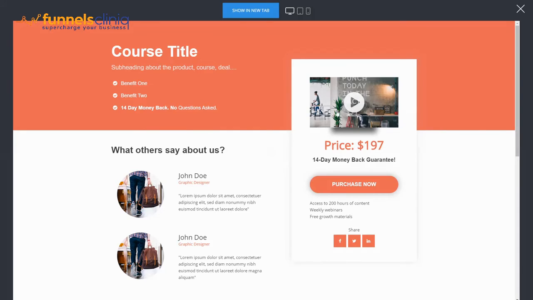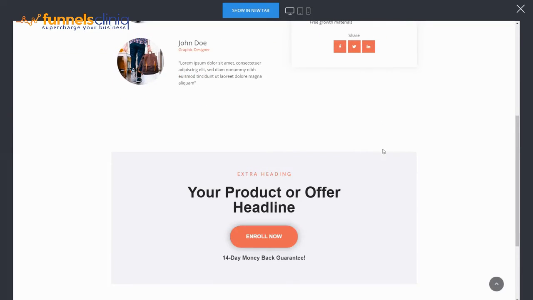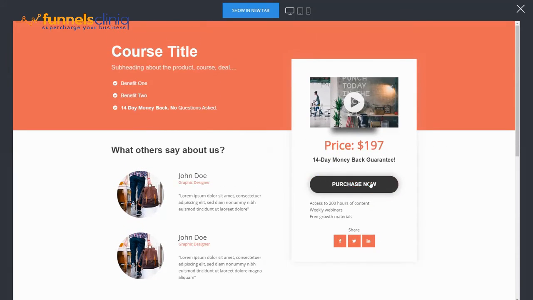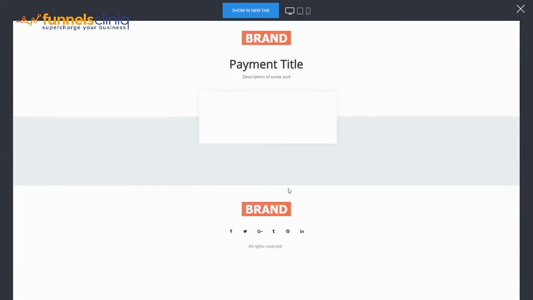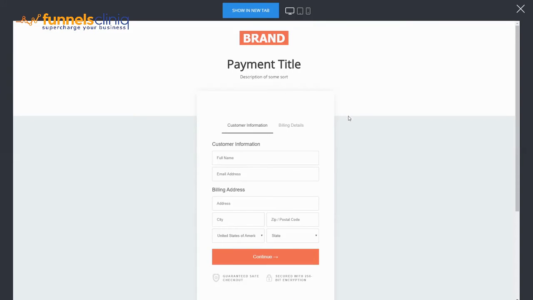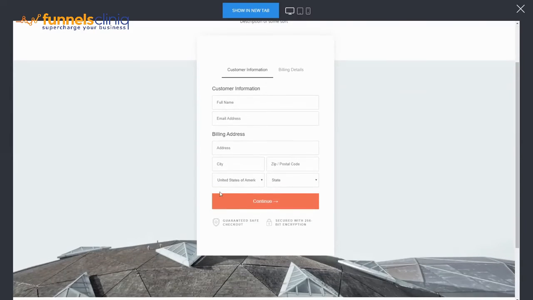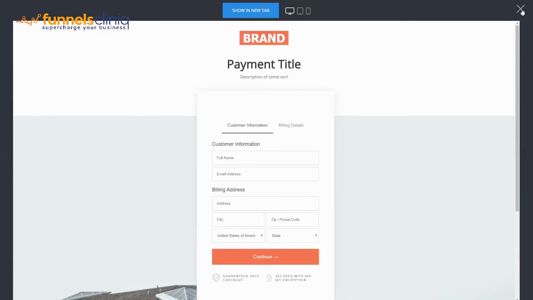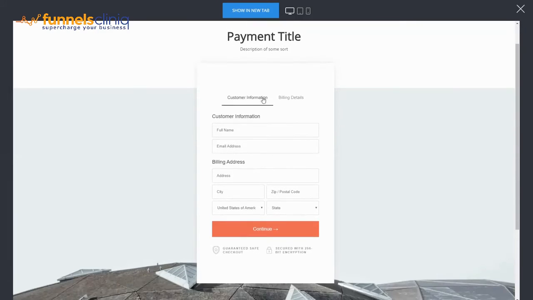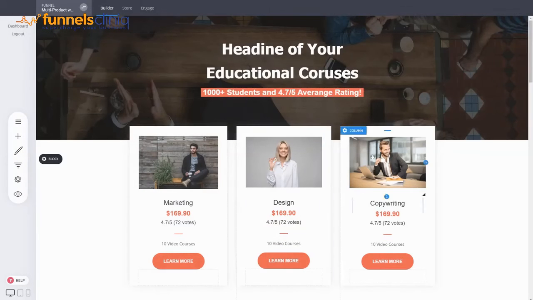They can play the video, they can see testimonials and whatever sections you want to have. And when they click on the button, they'll add to cart and go directly to the checkout. So they don't have to do any extra action. They're just going directly where they can purchase the course that they've just selected. Again, you can have it 1 step, 2 steps, however you want to do it. And that's it. You can make this way amazing